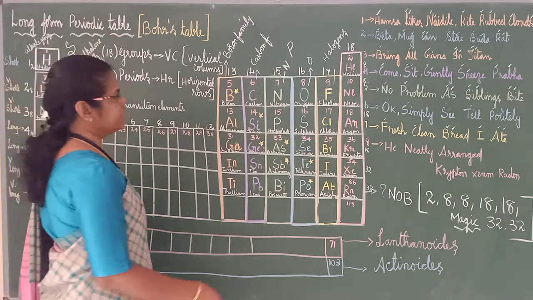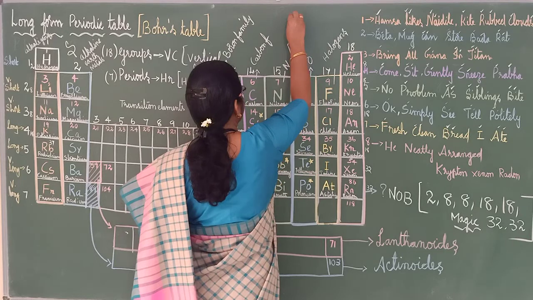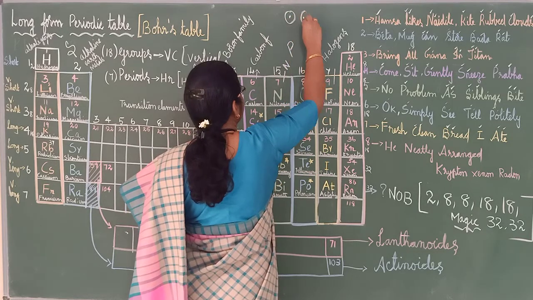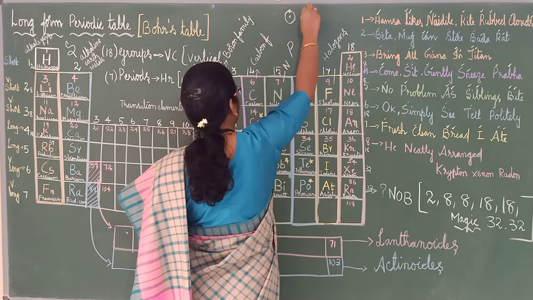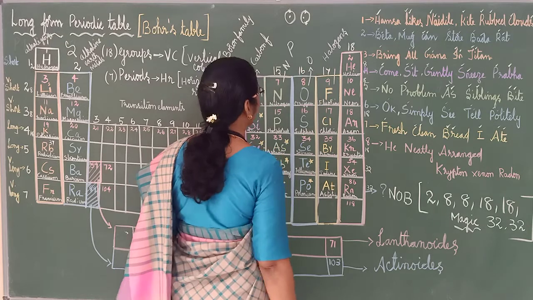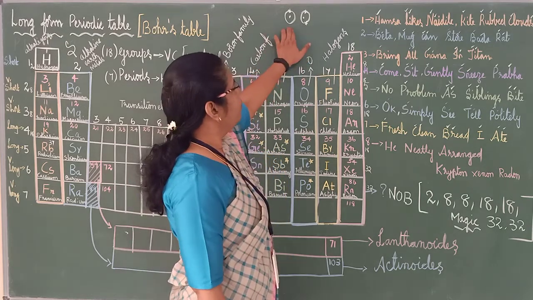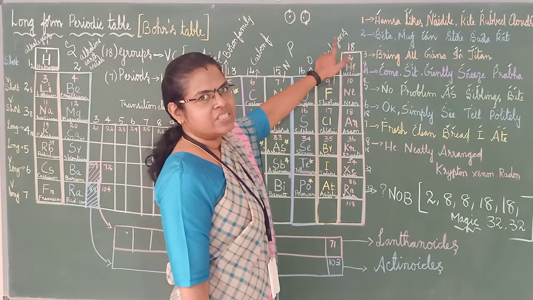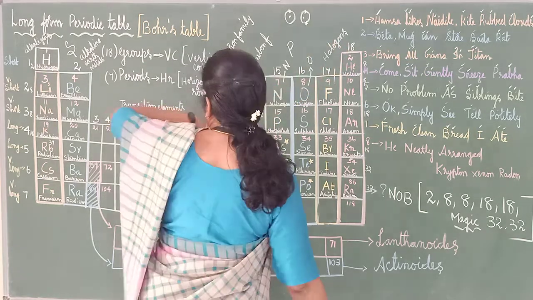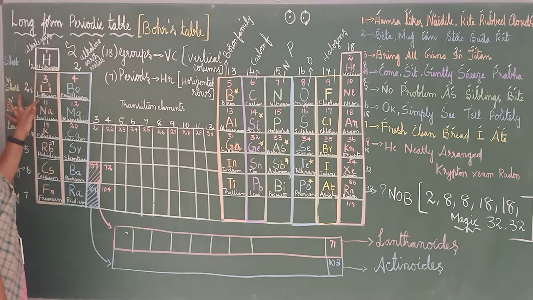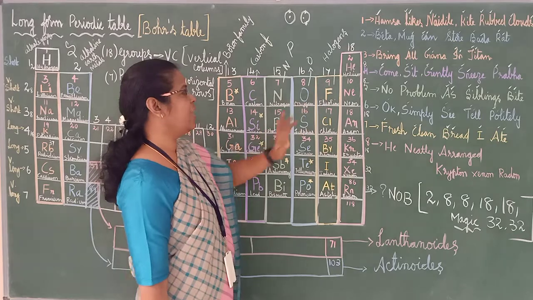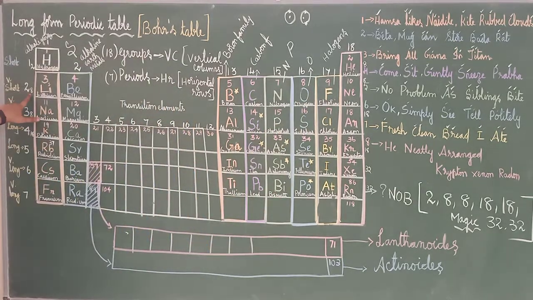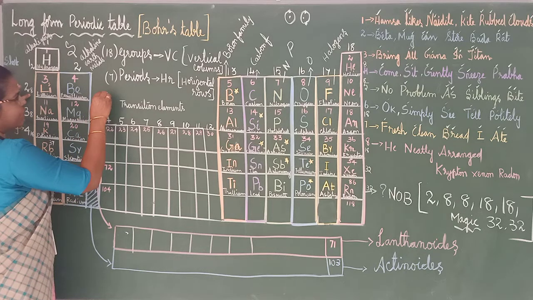How will you tell hydrogen and helium is very short? Because this is hydrogen. Okay, this is helium. Hydrogen will have 1 electron in the outermost shell and helium will have 2 electrons in the outermost shell. Okay, so only one shell is there. Correct? Okay. And here you see lithium, beryllium, boron. How many are there? 1, 2, 3, 4, 5, 6, 7, 8. So I have written 8 here. This is a short period. How many will be there? Lithium. So I will write it here.